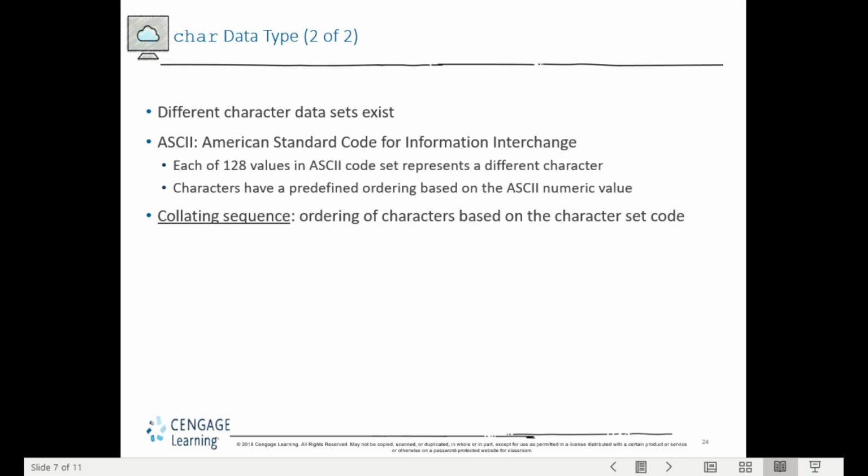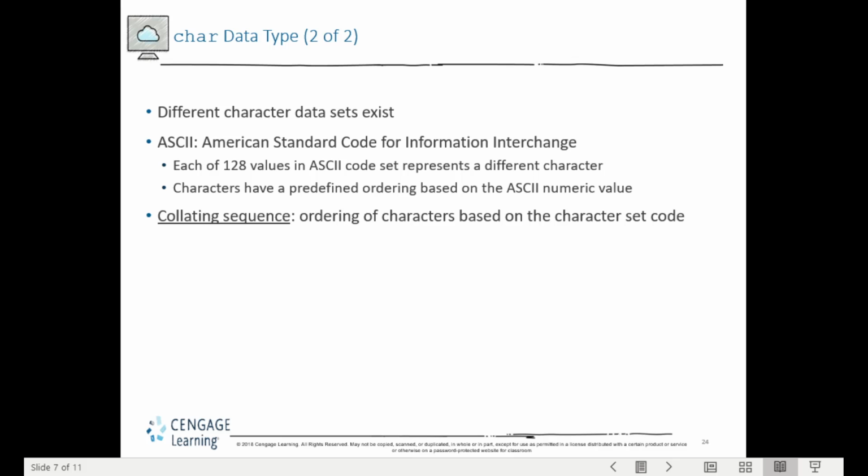For example, you want to compare between capital letter A and small letter a, so which is smaller between these two? Capital letter A is represented in ASCII as 65, while a small letter a is represented